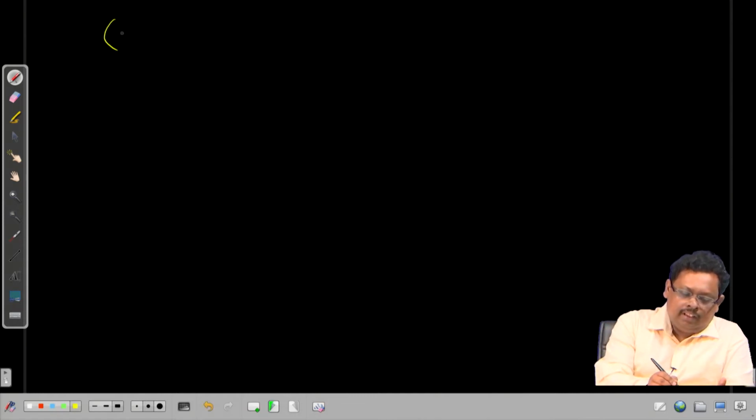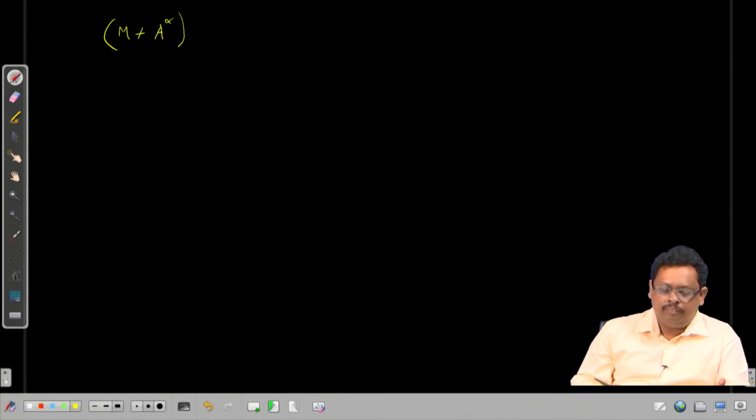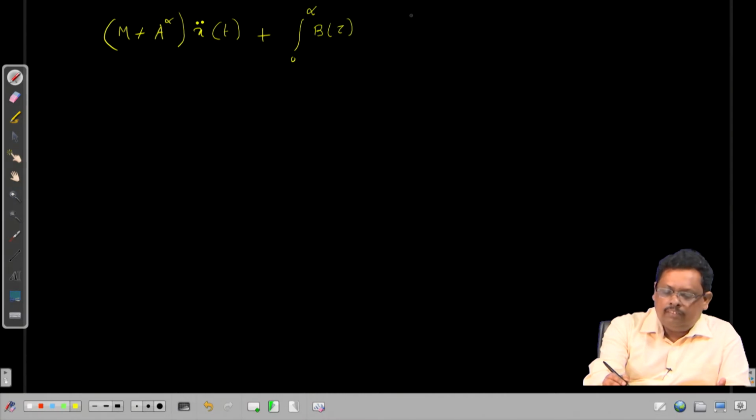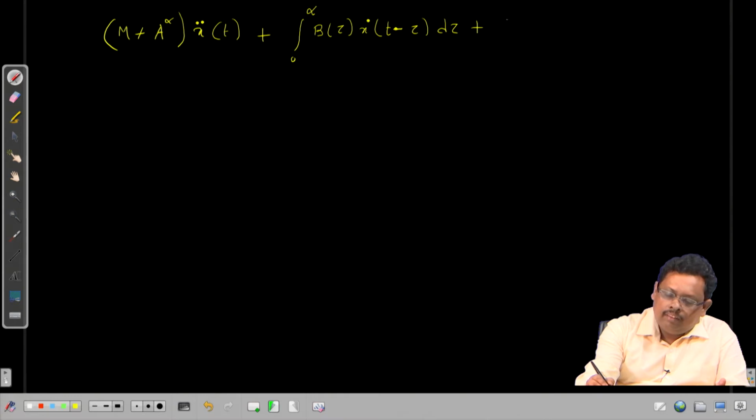Now, here we have m plus A infinity, and I know what my A infinity is, times x double dot t, plus the integral from 0 to infinity of b tau times x dot t minus tau d tau, plus c into x equal to f of